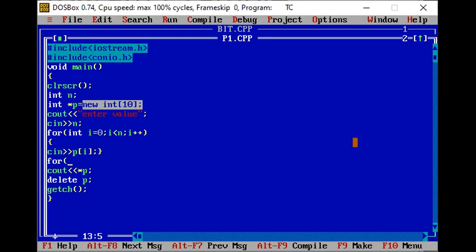Then I will display the array the same way. We'll use the same loop and cout your array here. Okay.